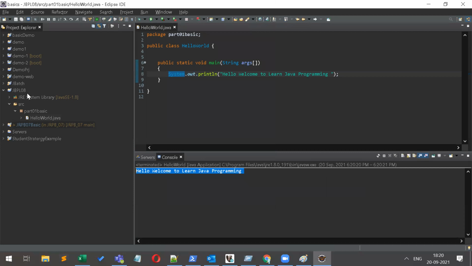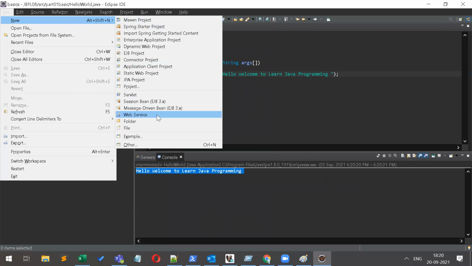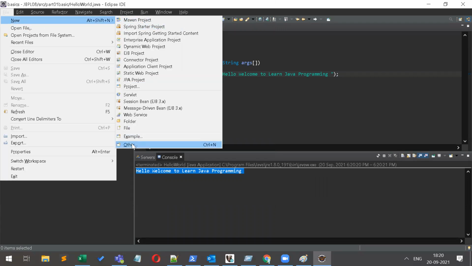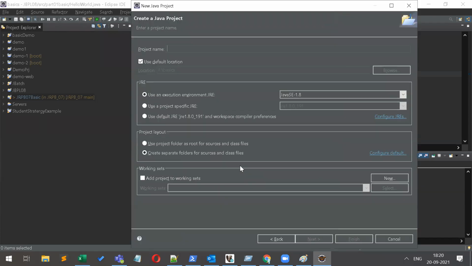That's it. I'll create one more project so you will be able to understand once again. I'm going to File, New, Other, Java Project, Next, JBPL 081, and then Finish.